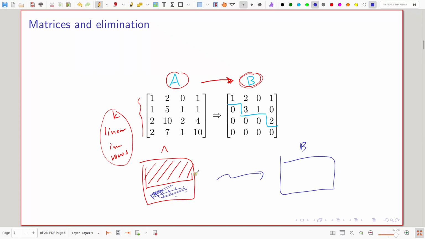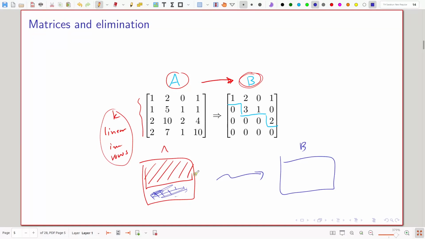Because every row of B can be obtained as a linear combination of the rows of A, every row of B has to belong to the span of this set of linearly independent rows.